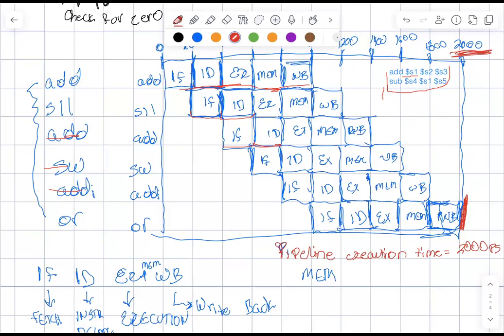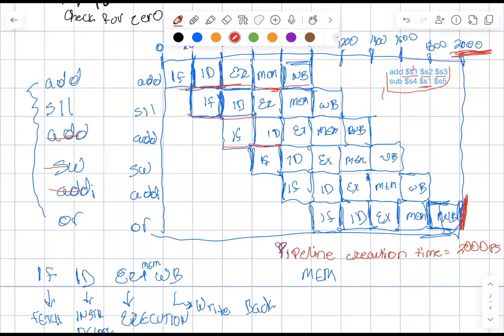But in any case, the data dependency here is that essentially, remember with add, we take the last 2 registers and we put the result in the first one over here. But the next instruction is a sub, and the sub instruction is relying on this S1 register. So the problem here is that